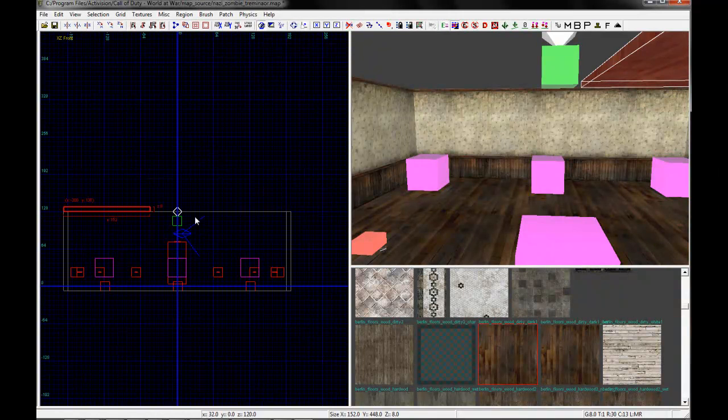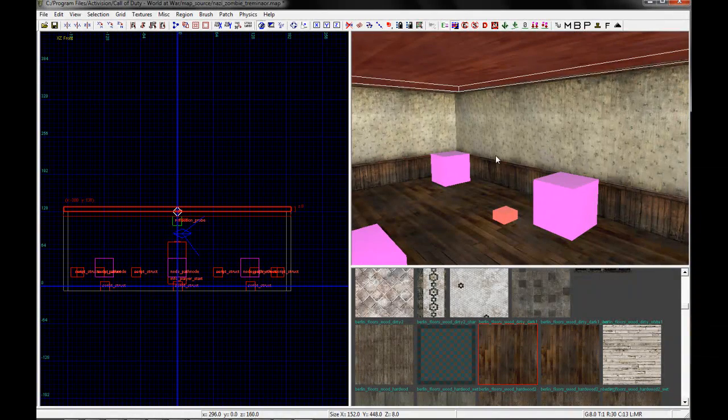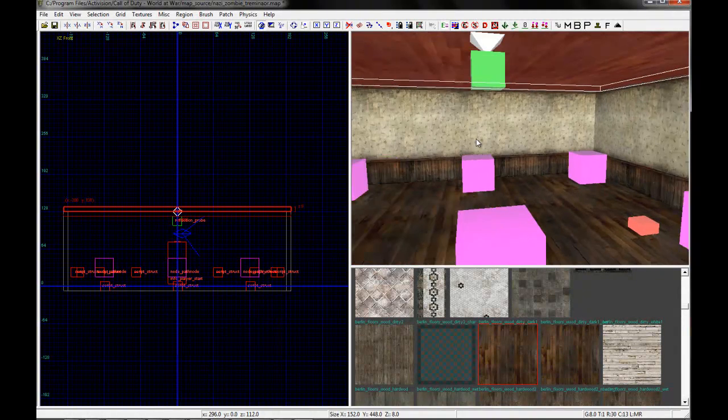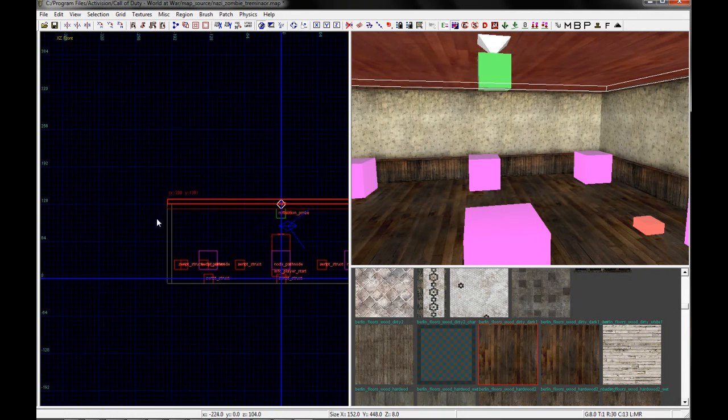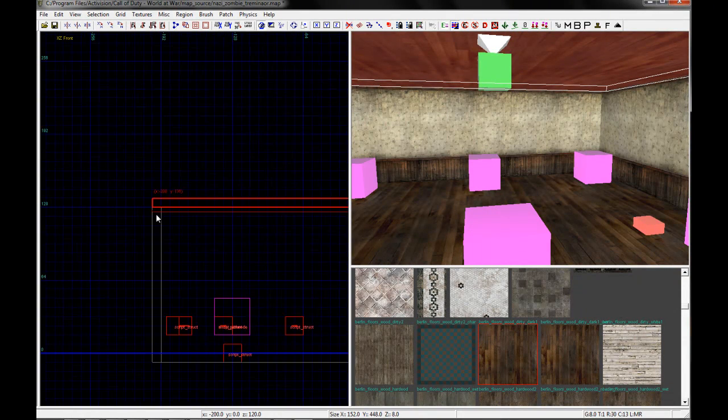So we click and drag in the 2D window. You can only create brushes in the 2D window. And it automatically uses the texture that you have selected down here. Generally, the standard accepted width for a wall is, if you have your units set on 4, and you